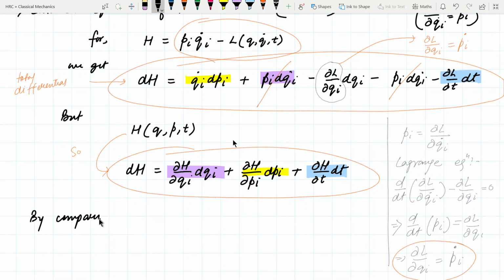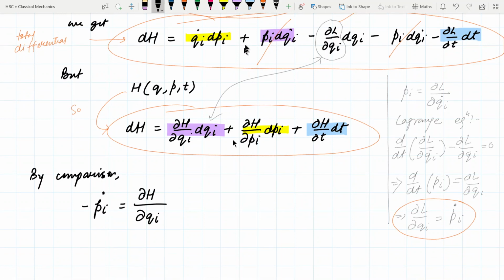Let us compare by comparison. डी क्यू आई कहाँ पे है, हाँ डी क्यू आई। तो बेसिकली क्या कंपेयर होगा, ये दोनों कंपेयर होंगे ना। ओके, इन दोनों को कंपेयर करूँगा तो मुझे क्या मिलेगा, del H upon del QI is equal to minus PI dot, ठीक है।